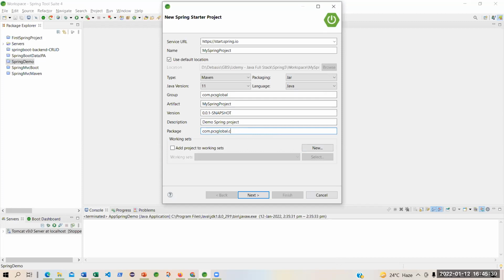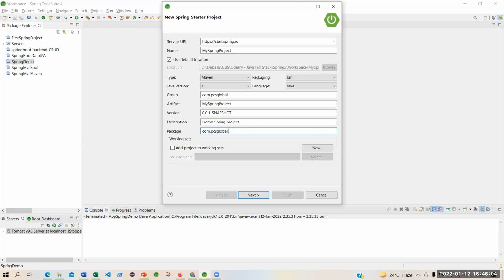Otherwise, I can create also a package called model where I will keep all the model files. Model files are nothing but the entity classes, entity beans, the Java beans. I will create and keep. The beans are nothing but which map directly with the tables in the backend, the database table. Got it?